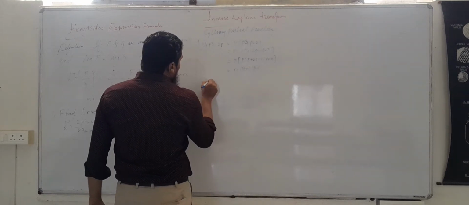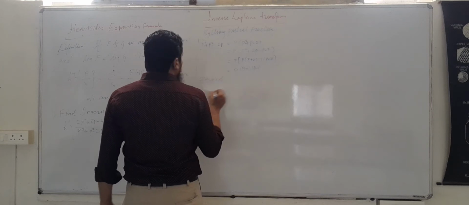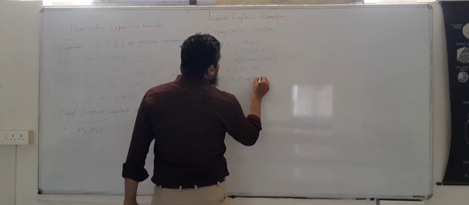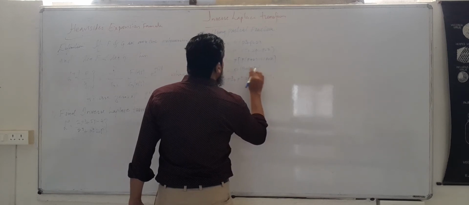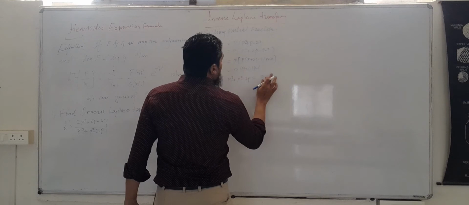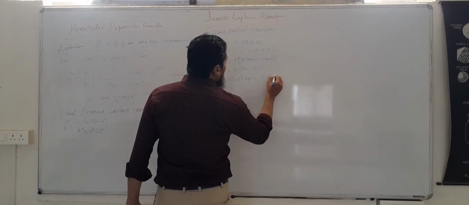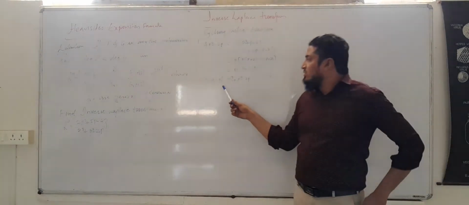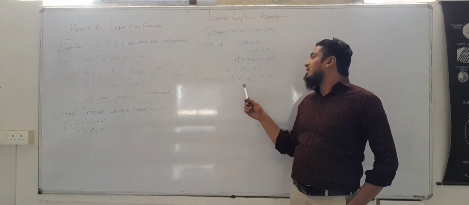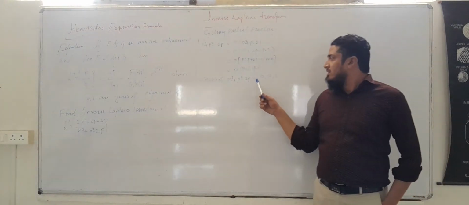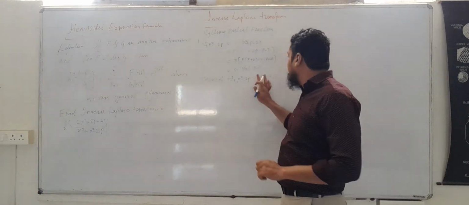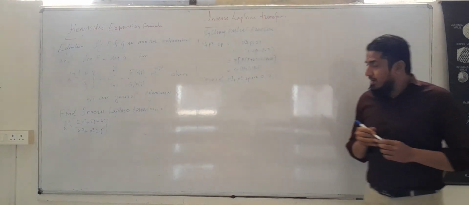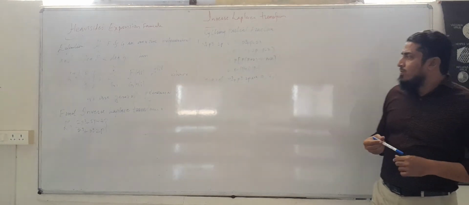So the zeros of p cube plus p square minus 2p are 0, minus 2 and 1. Correct? We have found the zeros of p cube plus p square minus 2p are 0, minus 2 and 1. Now we can